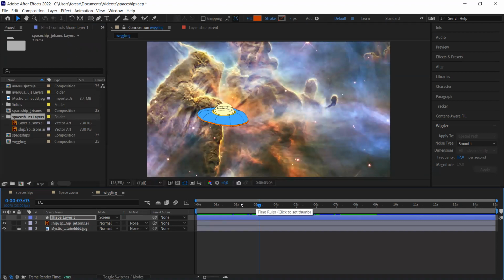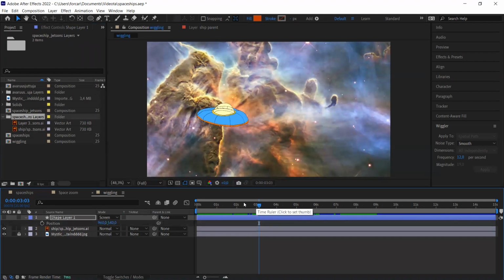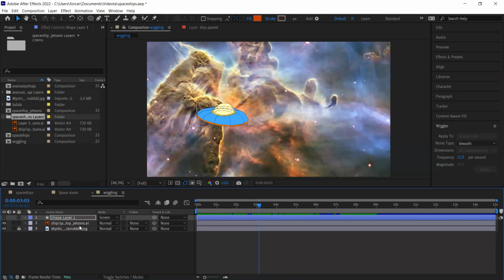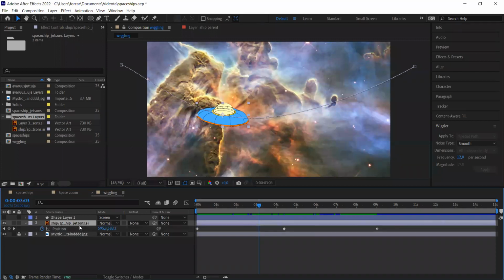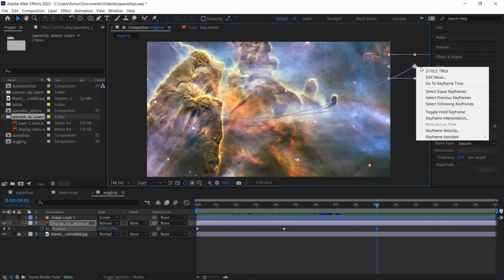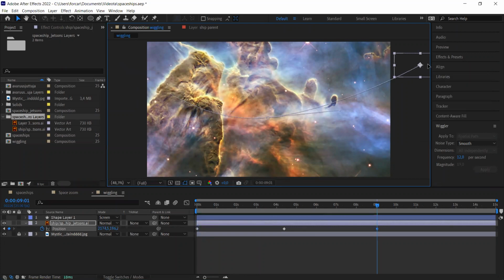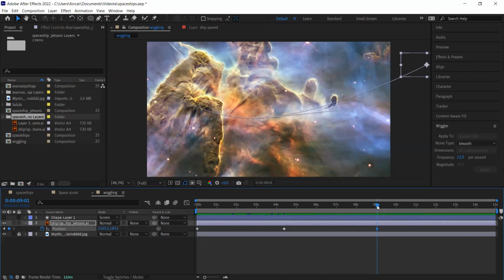And I have put this very simple animation. I mean, it's only 3 keyframes and it's moving from left to right, like a good spaceship should do. And I have to see to it that it goes out of the picture and doesn't stay in. So far we have made the animation almost by hand here. Well, not exactly, but I mean,